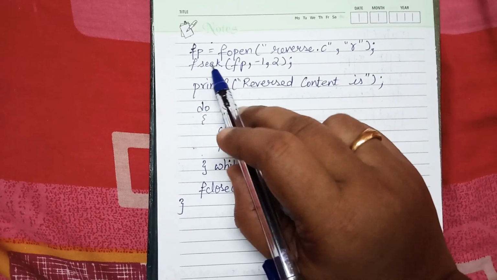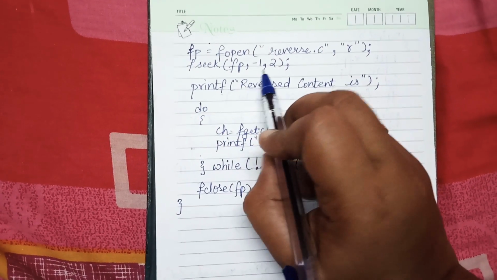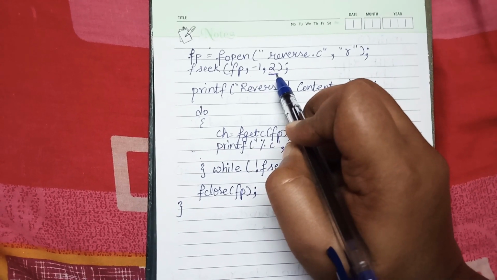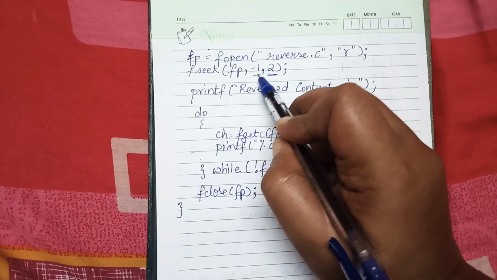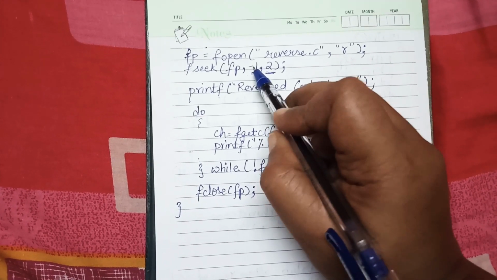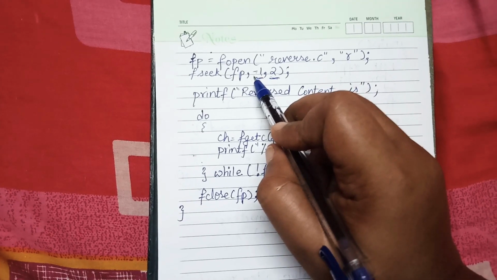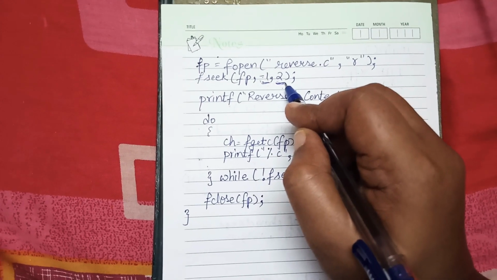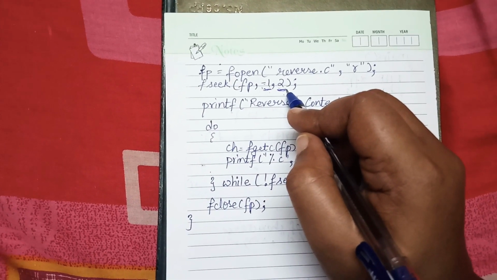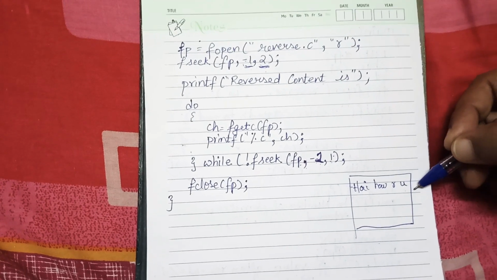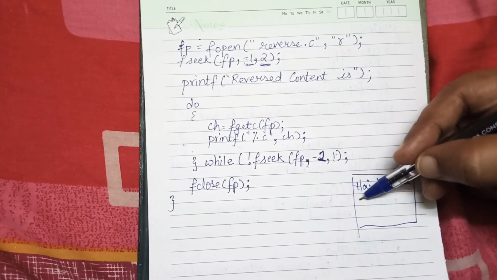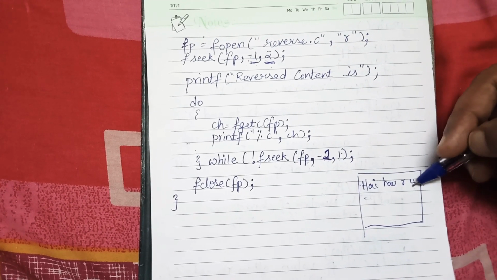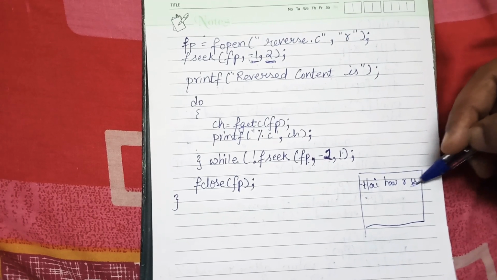Now I'm using the function fseek of fp comma minus 1 comma 2. Now let me know what is 2. 2 is the end of the file. Now what is minus 1? It is the displacement or offset, and it is negative, so it is always backwards. So where should I go? I have to go to the end of the file. End of the file means the EOF character, not u. Some random character will be there. So I have to move one position. Minus 1 position means I'll reach u.